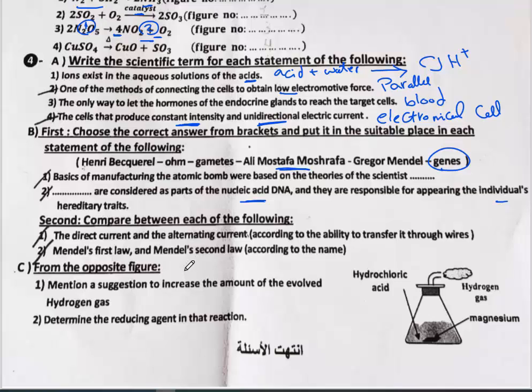Number C, from the opposite figure, mention a suggestion to increase the amount of the evolved hydrogen gas. Here, what do I have? I have magnesium plus hydrochloric acid. Magnesium plus hydrochloric acid will give us hydrogen gas plus something else. He wants to increase the amount of the produced hydrogen. And in order to do this, he has to use